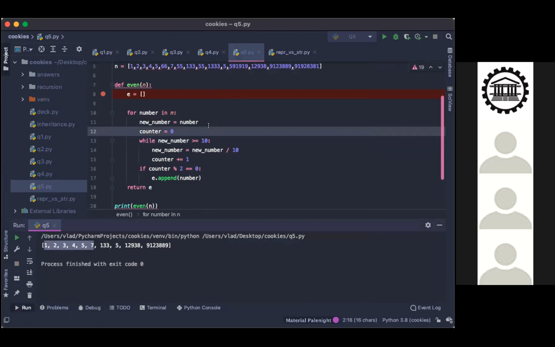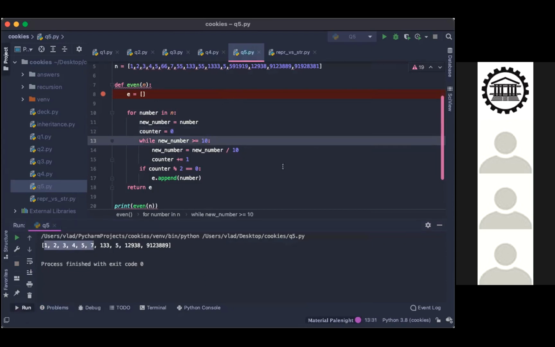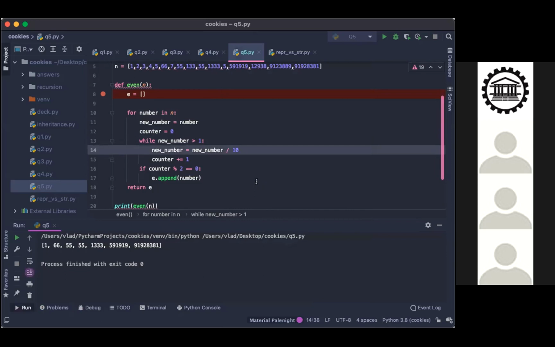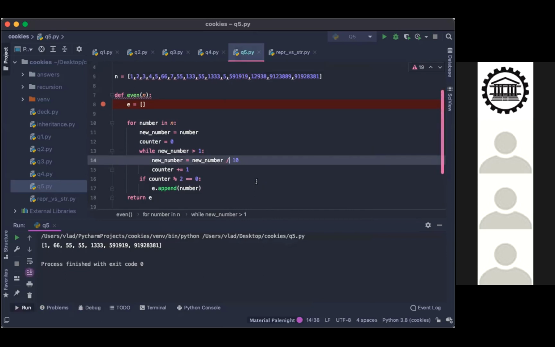I'll stop. You can keep having a try, or if anyone else wants to add on to this, feel free to do so. What was the previous condition when it was bigger than 1? Yeah, when it was bigger than 1. Okay, I'll just look at the code again to see what it's doing. For number in n, new number. We want it to stop.